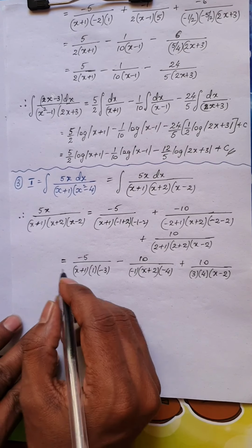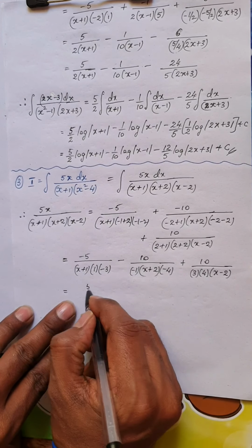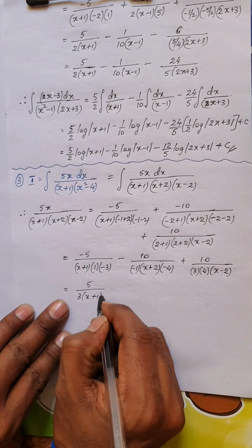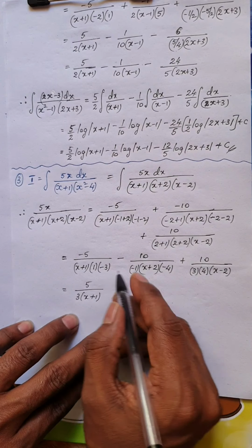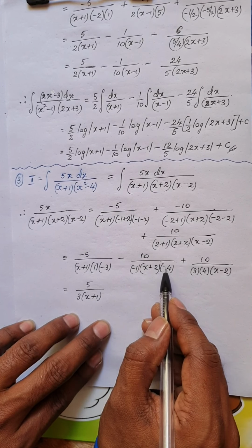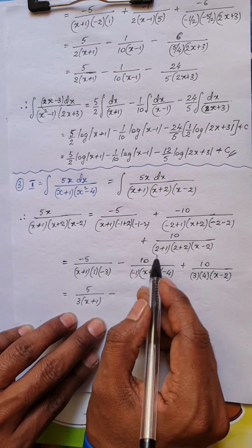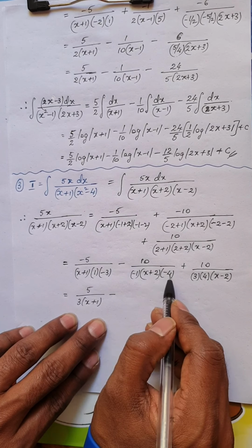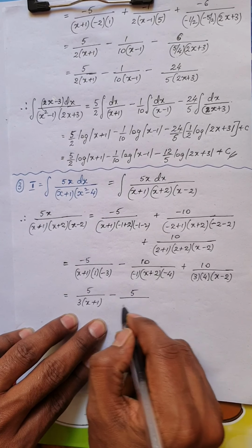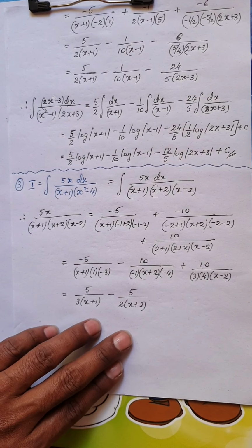Okay. Further simplifying we get now minus and minus gets cancels. So this is nothing but 5 divided by 3 into x plus 1. Okay. Now next, now remember denominator I have two negatives. So minus of minus becomes plus. So this minus remains. Okay. Minus. Now at the same time you can cancel this 10 and 4 to 5, 2 2s and 2 5s. So this becomes 5 divided by 2 into x plus 2. Okay. Right.